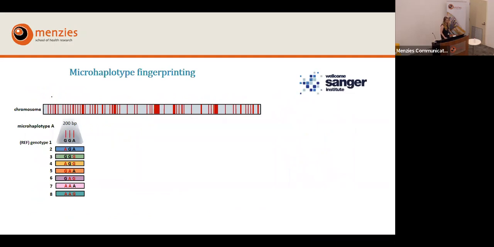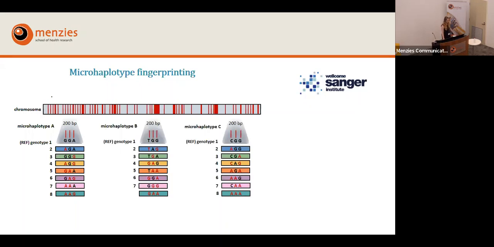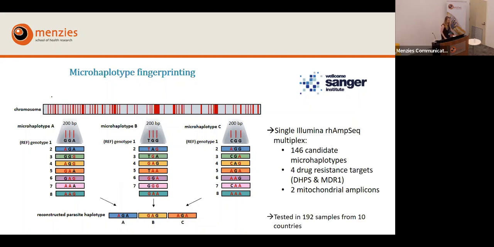So what is a microhaplotype? A microhaplotype is a small genomic region, roughly around 200 base pairs. And the good thing about the microhaplotype is that it contains at least 3, but up to 10 biallelic SNPs in that region. So this is, for example, one microhaplotype here, and you've got 3 SNPs in there, and obviously you can have a wide variety of genotypes over that microhaplotype. If you then have 2 more microhaplotypes, then your final haplotype will actually consist of a combination of all these different microhaplotypes. In collaboration with Sanger and AGRF, we then created a single Illumina amplicon sequencing assay that had 146